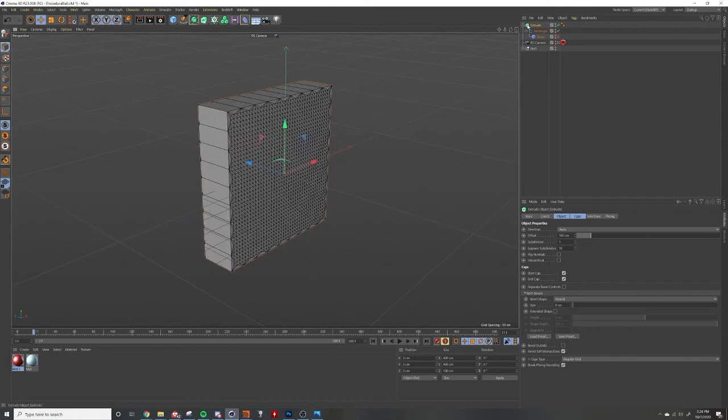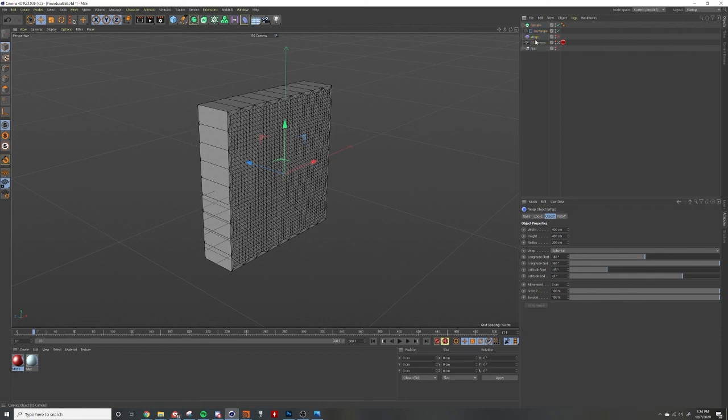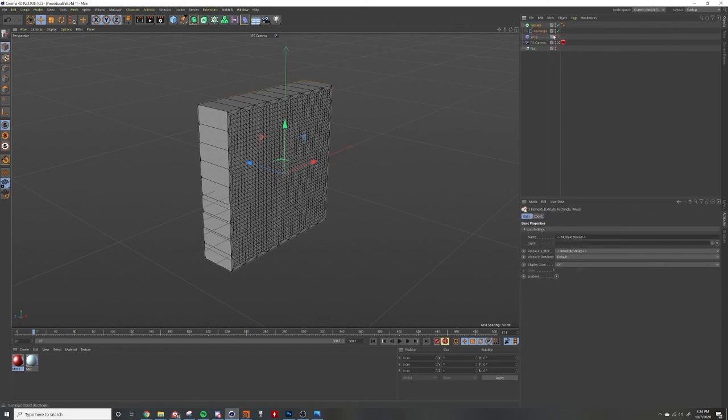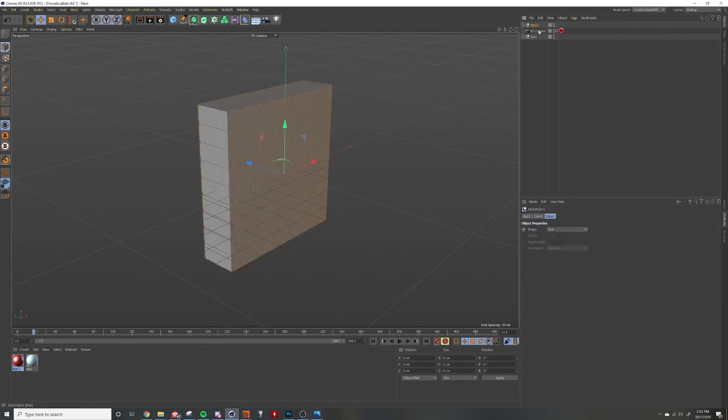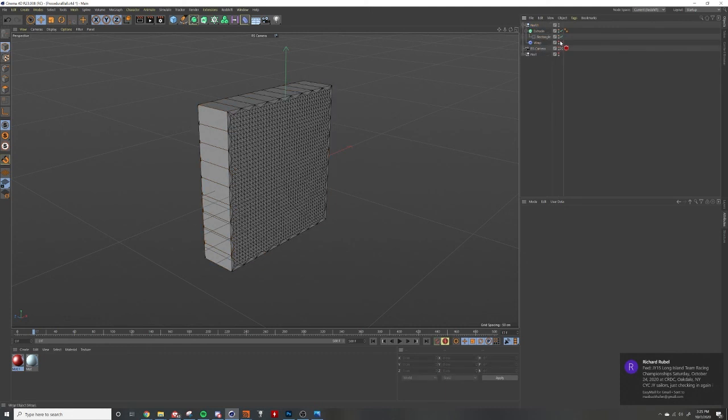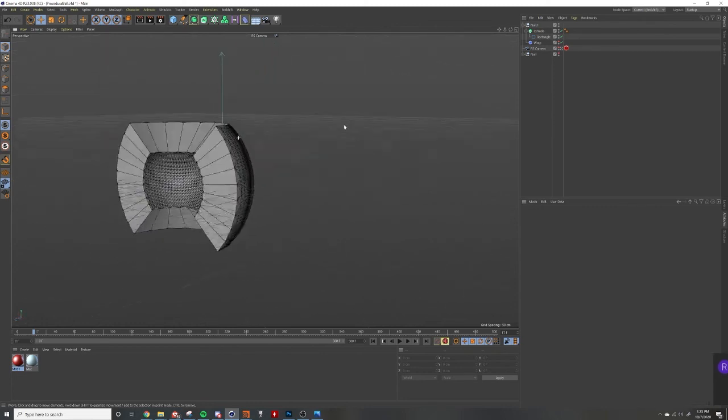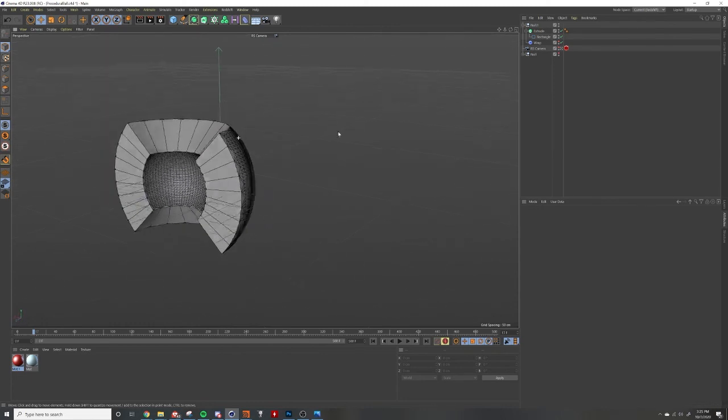So we're going to take the wrap out of here, select all these, and put them in a null by grouping them. And if we turn our wrap back on, yep, now we have it nicely wrapped around this